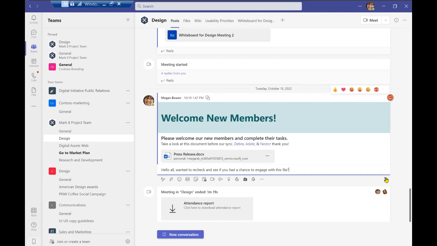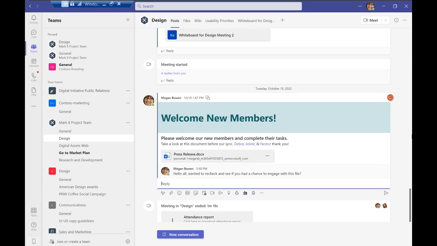And go ahead and send that out. And you'll see that once again, because these posts are threaded, that information and the replies that you receive will be organized within those posts and conversations overall.